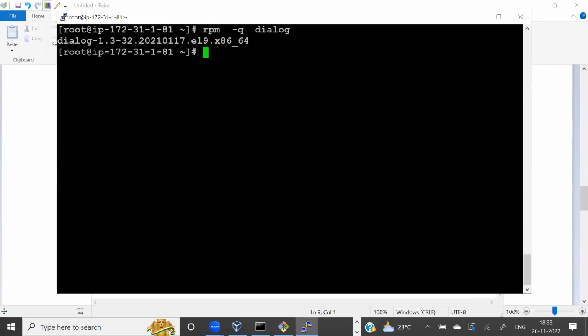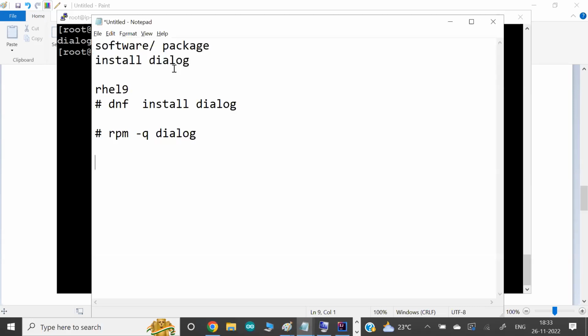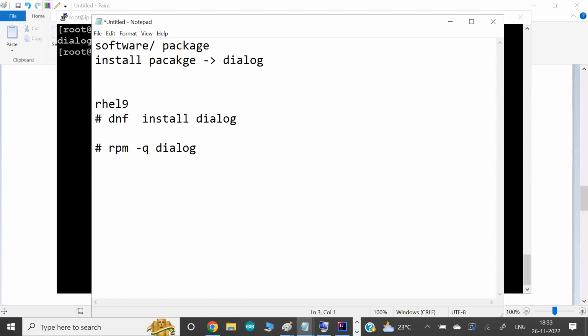Because I know the command, I can type it manually, or maybe put it in a script where I tell the script what to do and how to do it. But the scenario here is, let's say you know your requirement: you want to install a package named Dialog, or VLC, or a web server or databases, but you don't know the commands. Commands might change. How can you achieve this? Here the role of Ansible comes up.